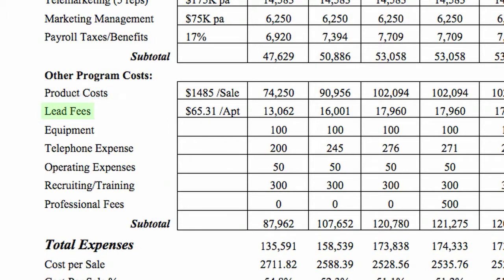Lead fees, well, we'll talk about that later, but I've worked that out that they come into $65.31 per appointment. And of course, you're going to have to figure out how many appointments are generated times that amount. Next, we've got just general things that you've got to remember that are part of the cost, and